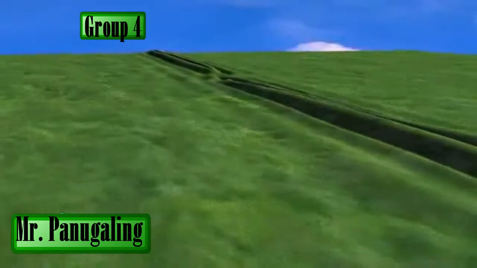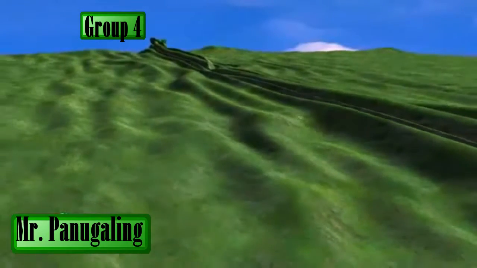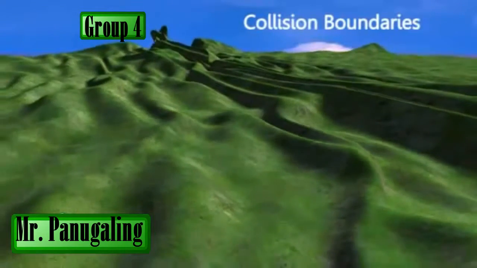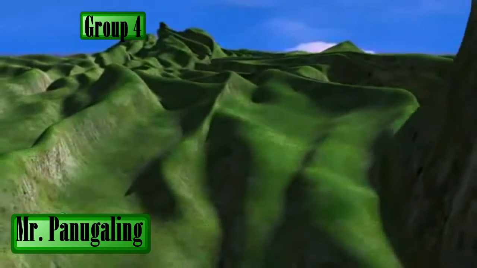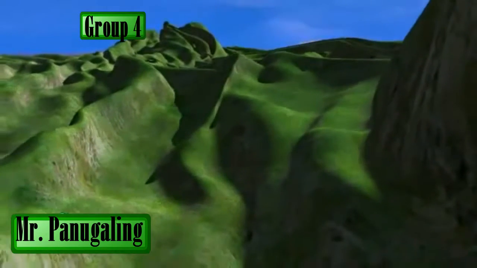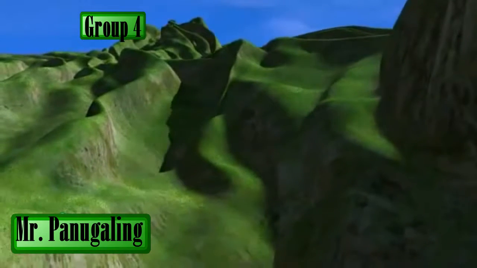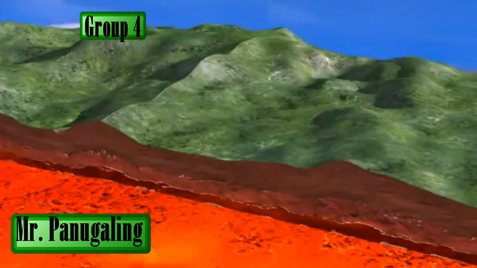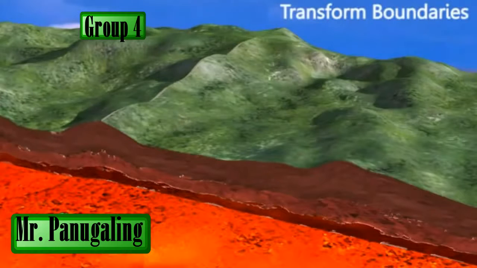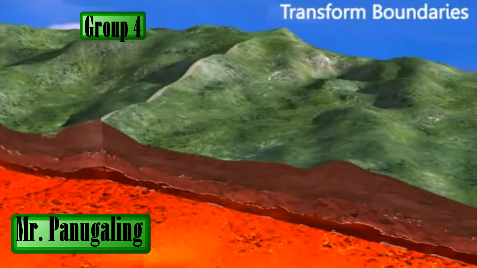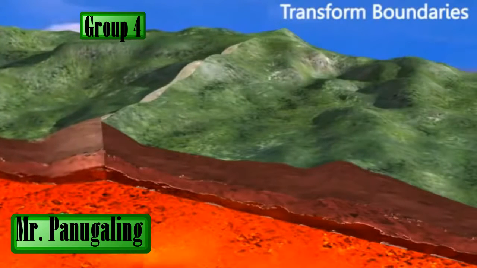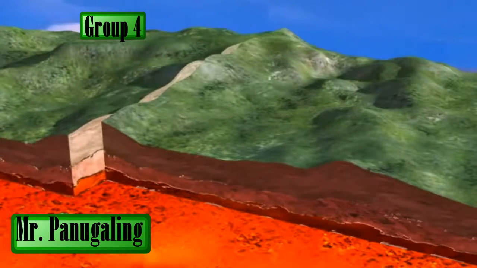When continental crust crashes into continental crust, the similar density prevents one from diving under the other. This is called the collision boundary. The plates push up against each other, creating mountain ranges. There is one more type of boundary, where plates slide against one another. As they slide against each other, energy is stored, and when the plates ultimately slip, all that energy is released in the form of an earthquake.